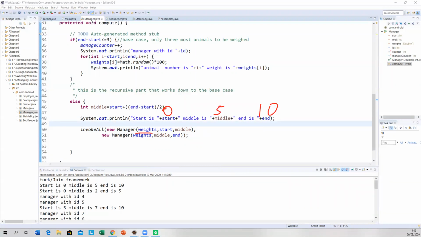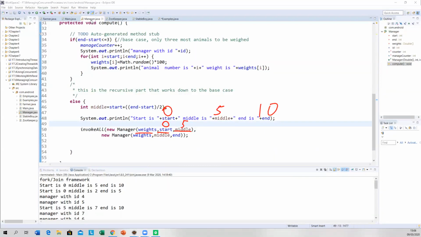Now, it's going to pass in the start as the start point, and the middle as the end point. So it's going to pass in the weights, and it's going to pass in 0 and 5.